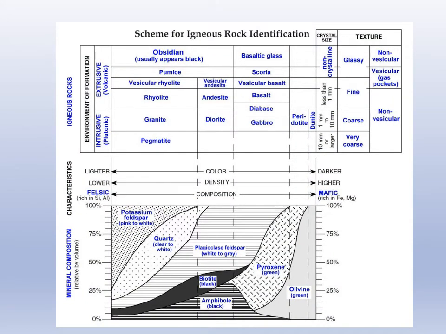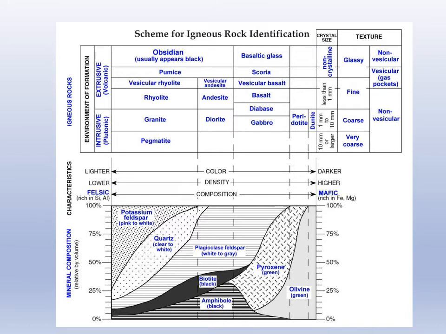So when identifying the igneous rock, you would choose texture: glassy, fine, coarse, very coarse. You would see if it had gas pockets or not, vesicular versus non-vesicular. You would look at the color scheme, which would be lighter, darker. And then using that, you would use the chart to see, for instance, coarse